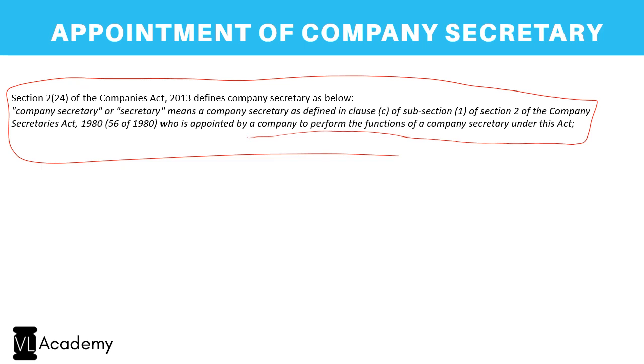Because just by you being a company secretary and an employee of the company, you can never become the company secretary of the company. For you to become the company secretary of the company, you should have been appointed as a company secretary of the company. So this again sounds confusing, but the concept is: a listed company, let us say A Limited is a listed company, it can have only one company secretary as per the Companies Act, whereas